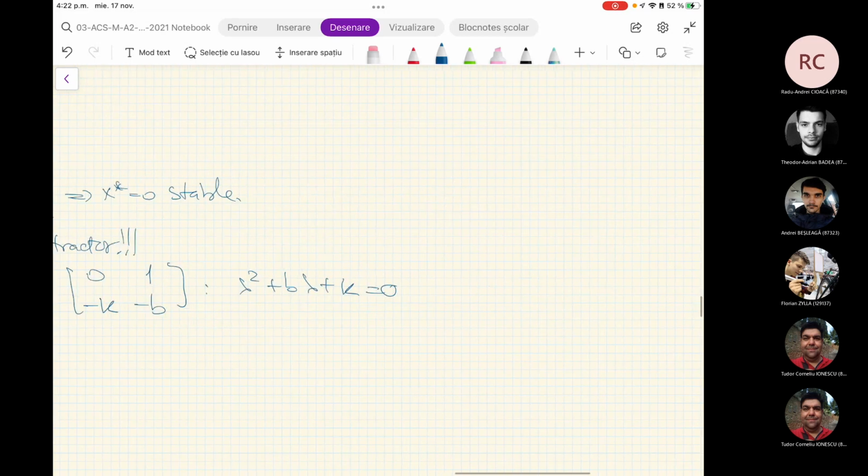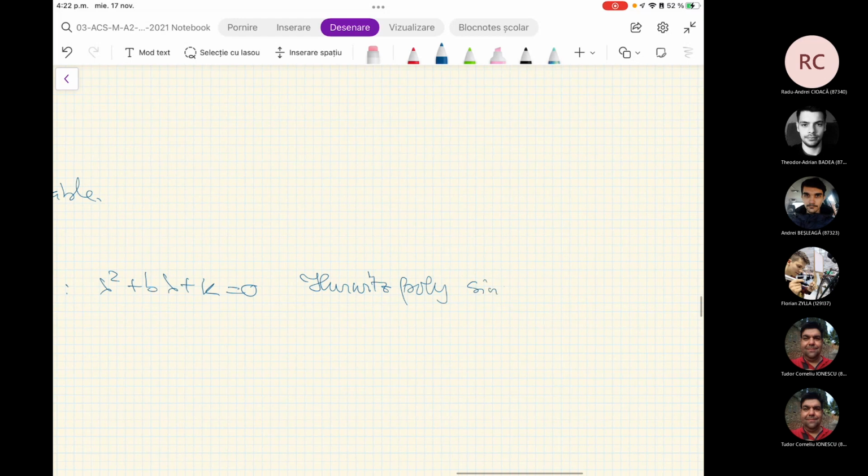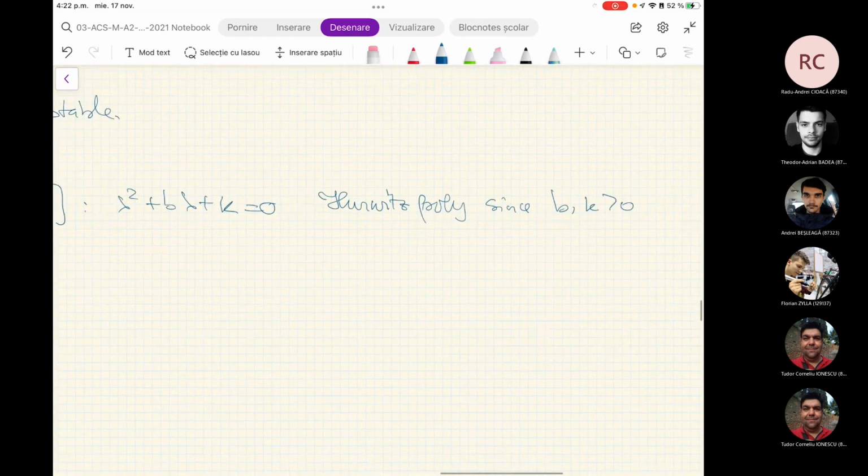This is 0. And this is a Hurwitz polynomial. Why? Since b, k are positive and there is no change in sign. I remember you, the Hurwitz criterion. Okay? That means